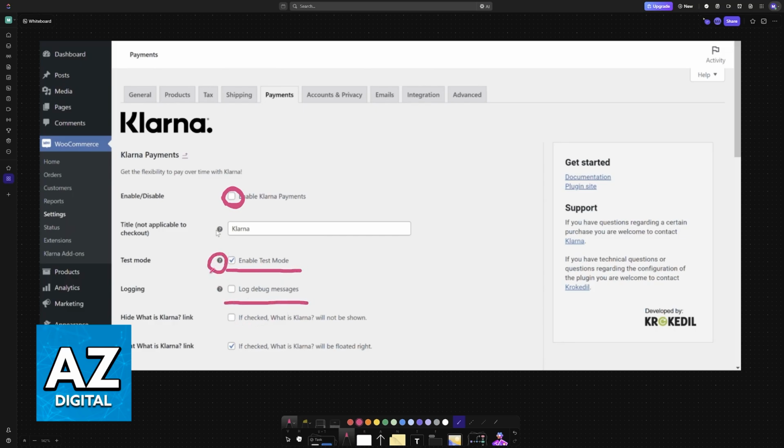If you are curious about what each of these settings do, just hover your mouse over the question mark here, and you will be able to get details. And you can also make the "What is Klarna" prompt appear if users are curious on what Klarna is but they have never used it before. It will be available on checkout, and you can do a test payment if you are curious to see how it works. I hope I was able to help you on how to add Klarna to WooCommerce.